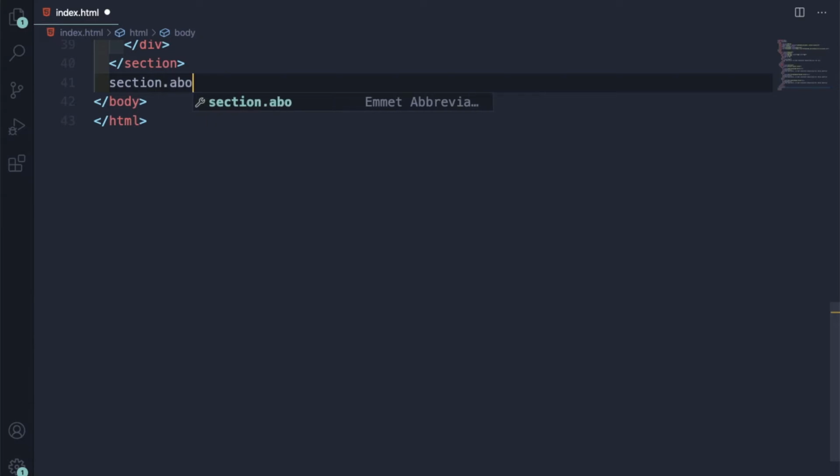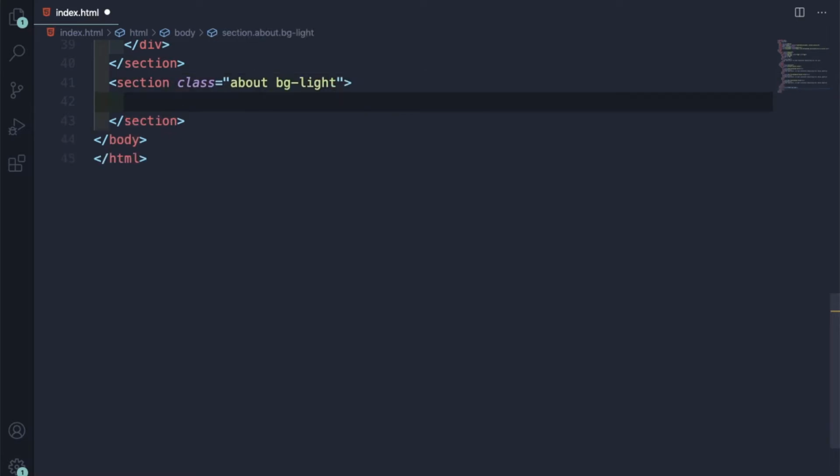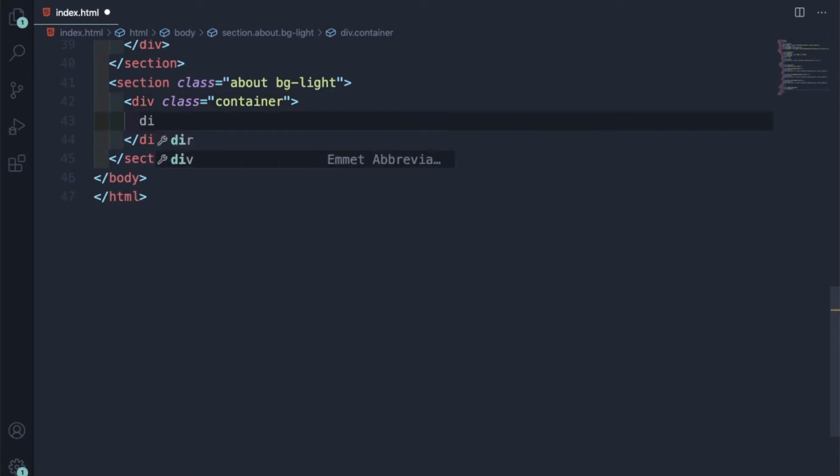Section dot about dot bg-light, then div dot container, div dot grid-2. See this grid 2, grid 3, we are soon going to style these classes. Grid 2 means 2 column layout, grid 3 means 3 column layout, so we're soon going to use them. So grid 2,